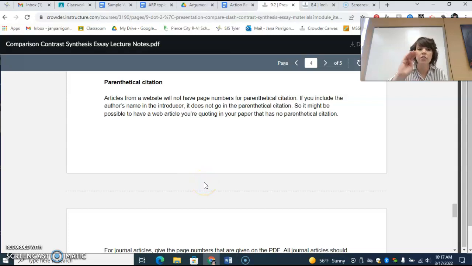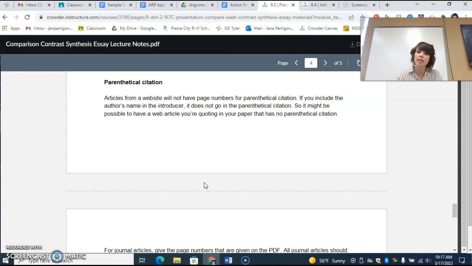Also, if your article from EBSCOhost especially has 3 or more authors, then you are going to use the abbreviation et al. to stand in the place of the second and following authors. Okay, that's only if you have 3 or more. That's it. You don't get to use it if you just have 2. If you have 2 authors, you have to list both authors. If you have 3 or more, you can use et al. But that et al. also needs to be in the essay. So if you're introducing an author, Smith et al., every time you say the word Smith and you're referring to that article, then you say Smith et al. Every single time, even in the parenthetical, okay?